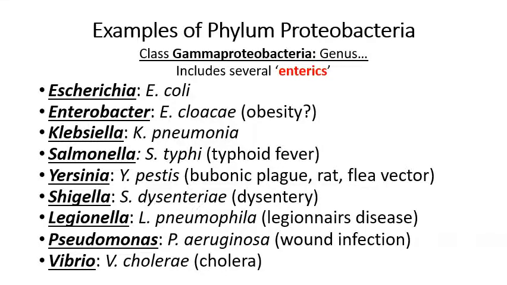All right, let's move on to class gamma proteobacteria, including the enterics. Okay, so here are several of them, right? So up there at the top is our old friend Escherichia coli. Next, there's a genus called the Enterobacter genus, example Enterobacter cloacae. The reason I mentioned that one is because